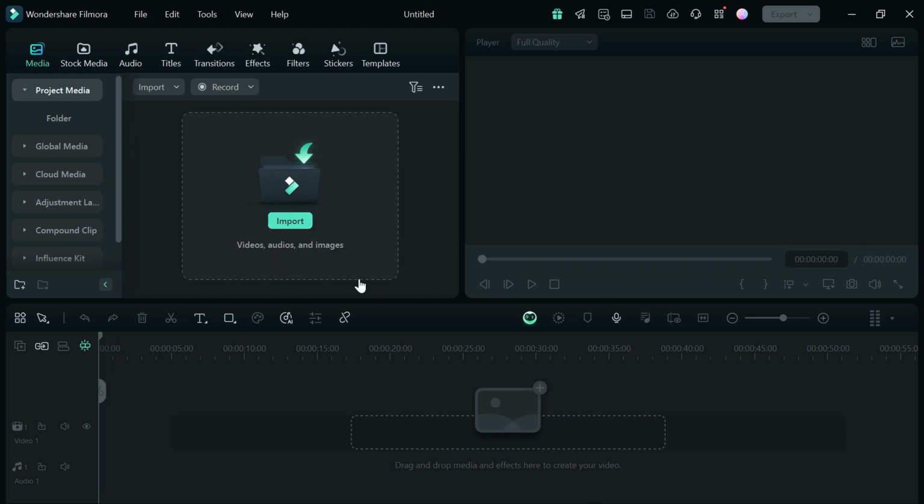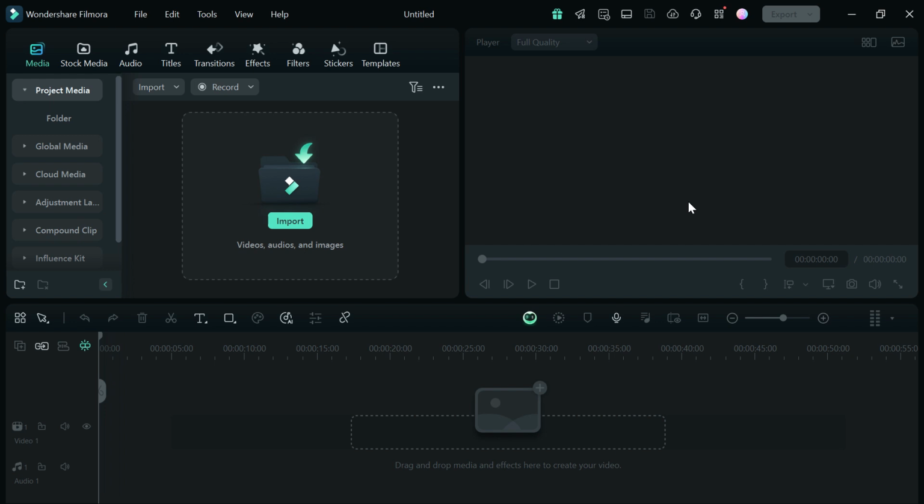When you open Wondershare Filmora 14 and create a new project, this is what you'll see. This is the default interface for Wondershare Filmora, but you can play around with it and put it in whichever way you want it to be. Okay, so we have seen a lot of things on the screen right now,